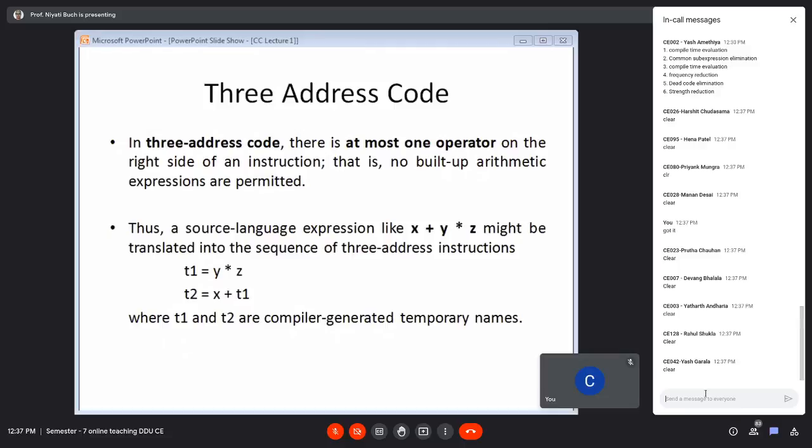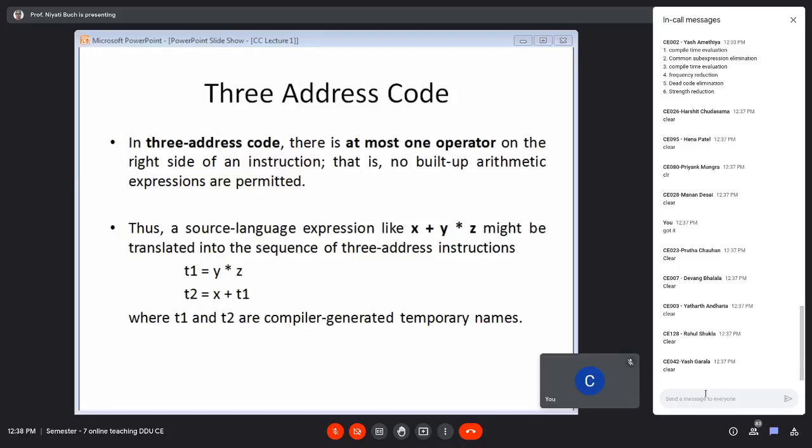So now, from next session onwards, we will be moving ahead with 3 address codes. Before I discuss the algorithms for these code optimization techniques, I would like you all to understand what a 3 address code is and how it is generated, and what the rules are that we need to follow for this 3 address code. It is an intermediate representation. So we will see the rules for it. You have an idea of what it is, but we will see through it in detail.